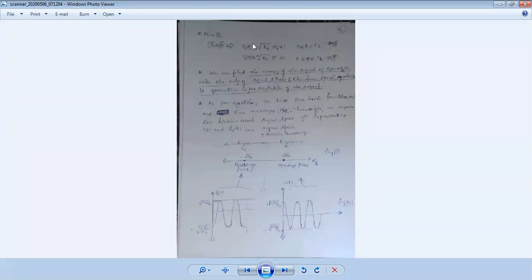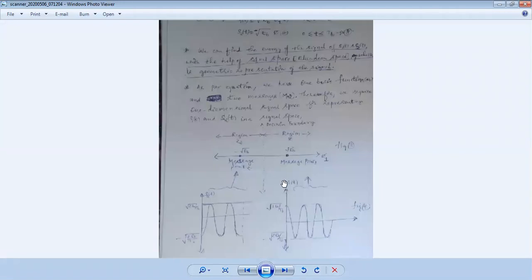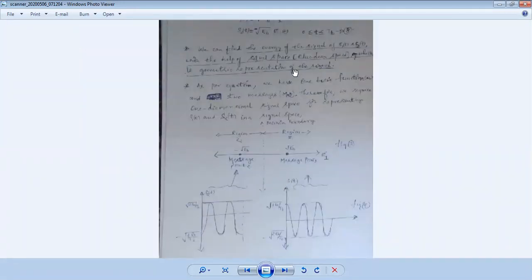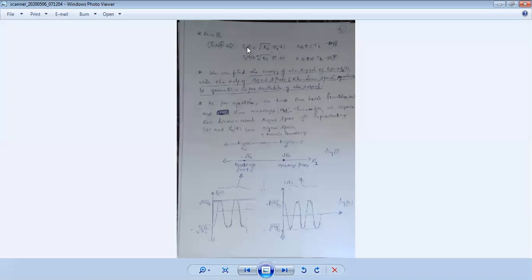In order to find the energy of the signal at the receiver, the receiver will use the mapping of the signal in Euclidean space. Look back: for the PSK signals, S1 and S2, equations 7 and 8 will be represented in Euclidean space like this. We have two messages here, S1 and S2. S1 is one message, which represents the 1, and S2(t) is the other message, which represents the 0.